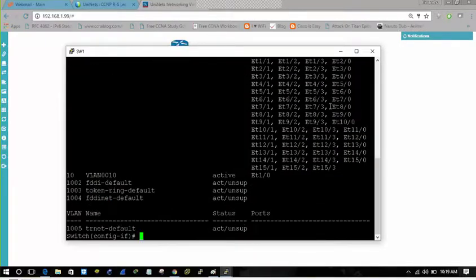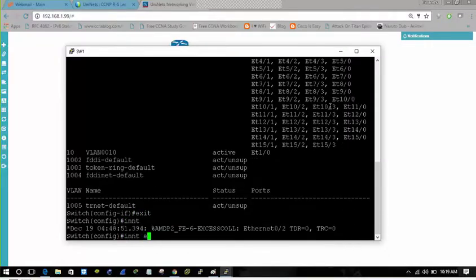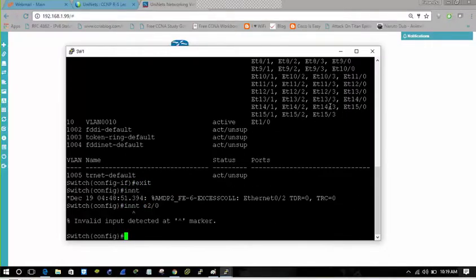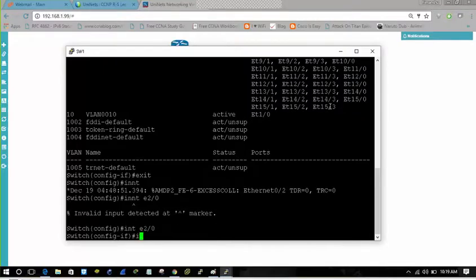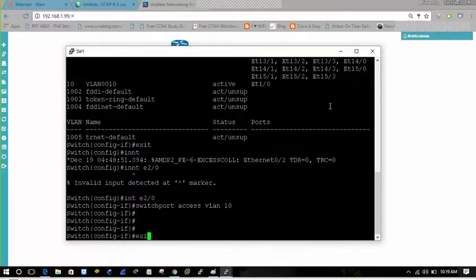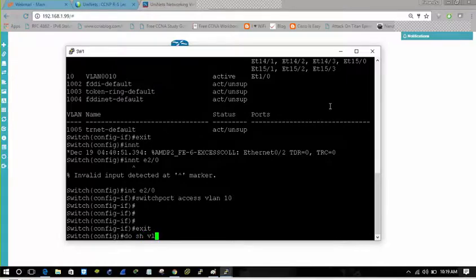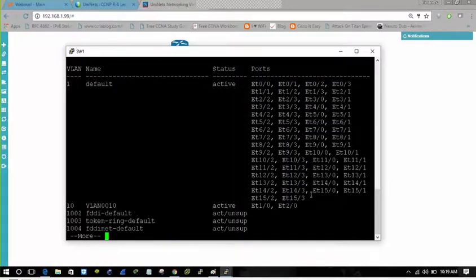And interface Ethernet 2/0, switchport access VLAN 10. If we do show vlan brief, these two ports have been assigned to VLAN 10.